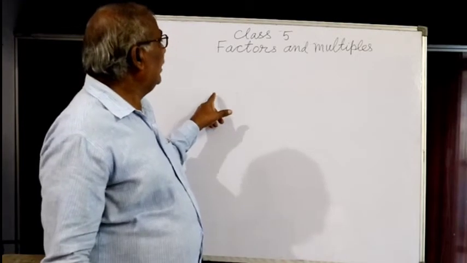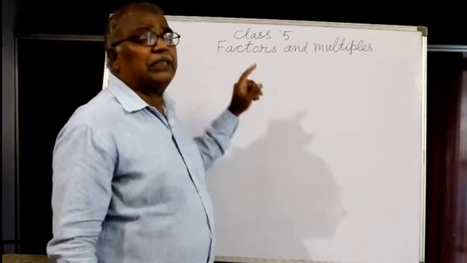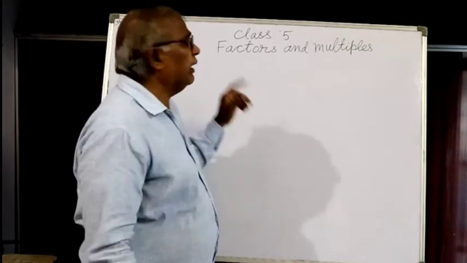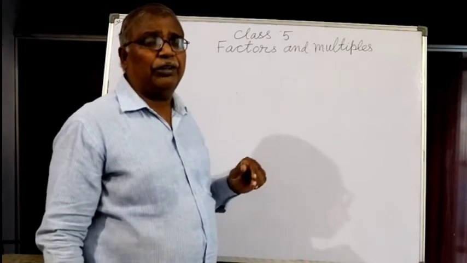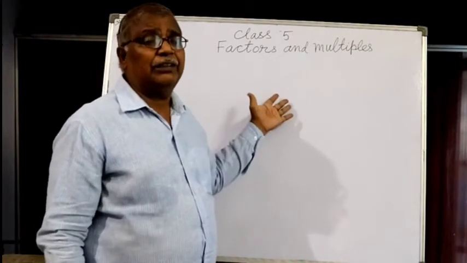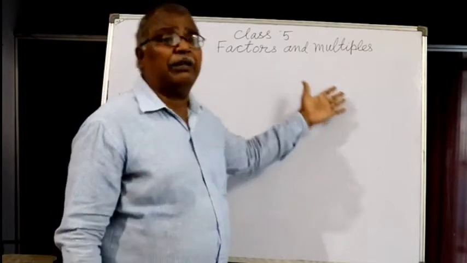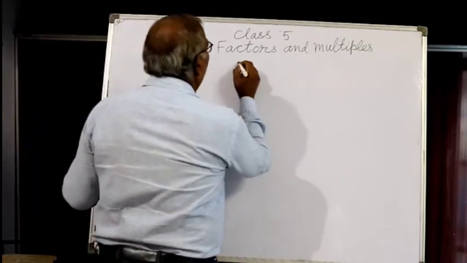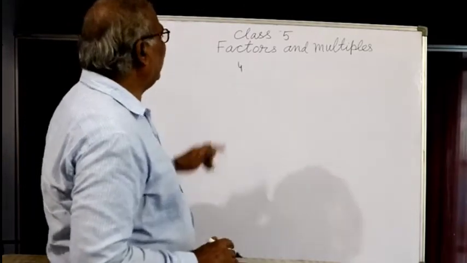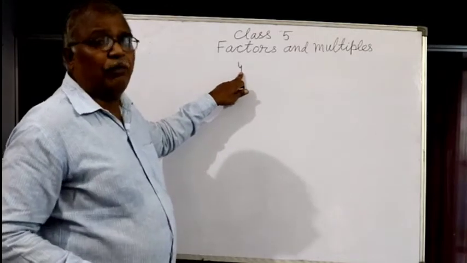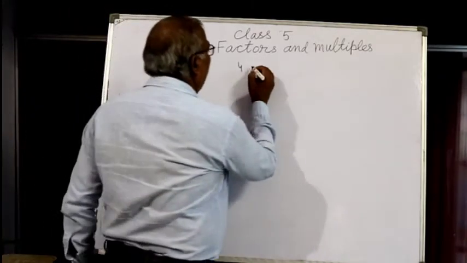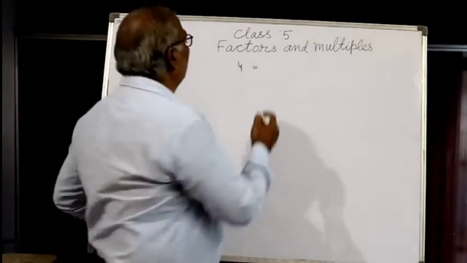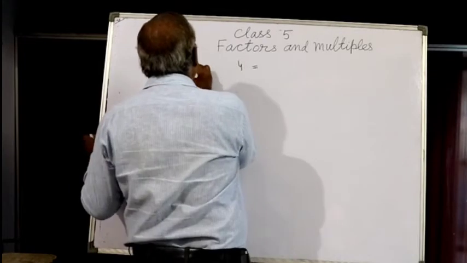Means if any number is divisible by one number and we get no remainder, 0, then that divisor is the factor of the given number. For example, 4. What is the factor of 4? We know that 1 is the factor of any number. So first factor of 4,